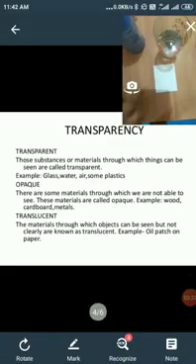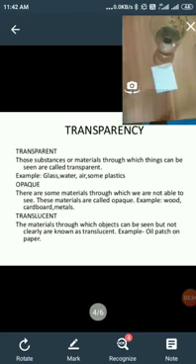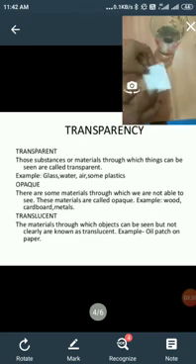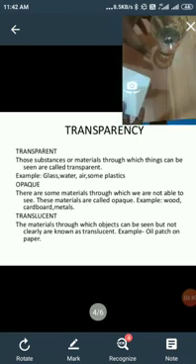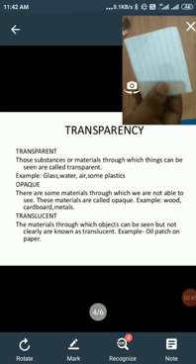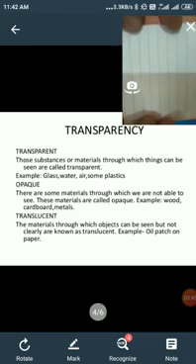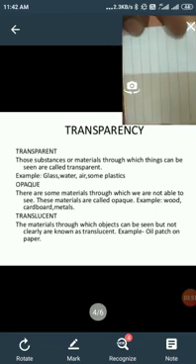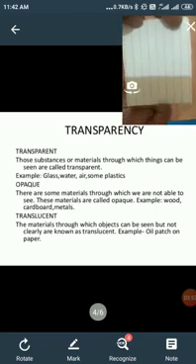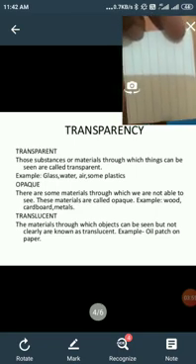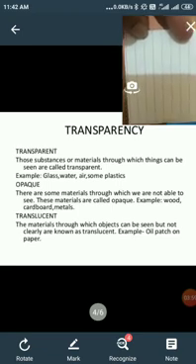So students, as we are learning the property transparency, in this we learn what objects are transparent, translucent and opaque. So here I have a piece of paper. If I place it here and ask you, are you able to see my finger at the bottom of the paper?